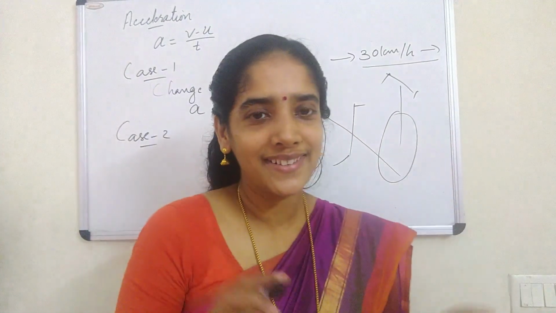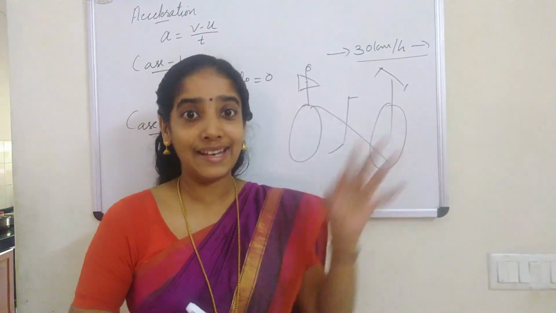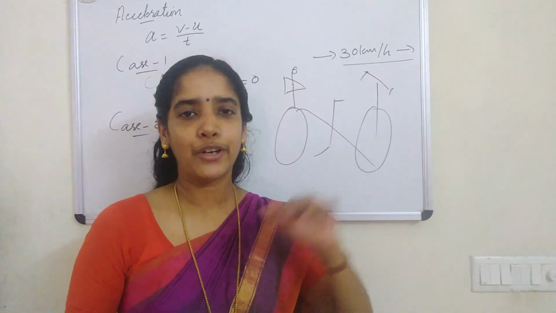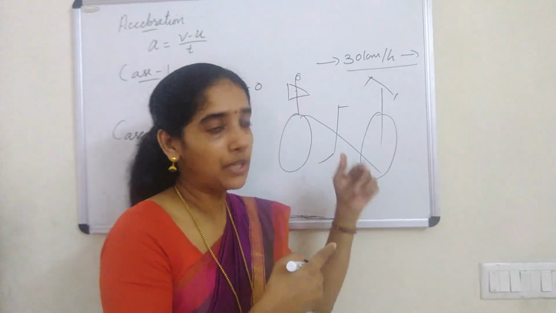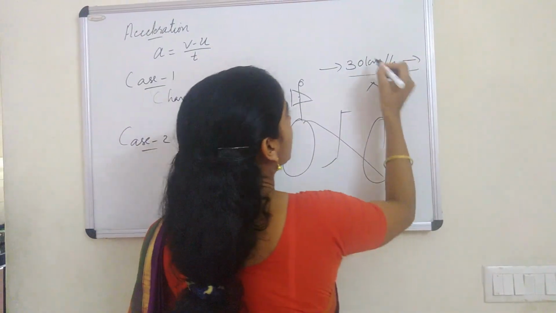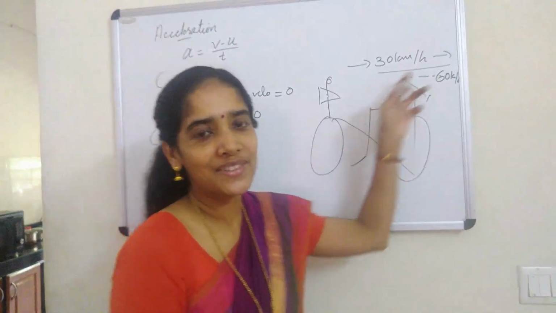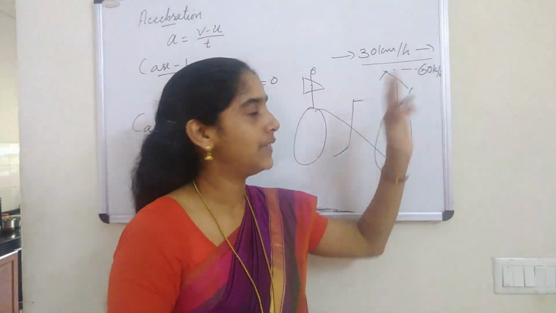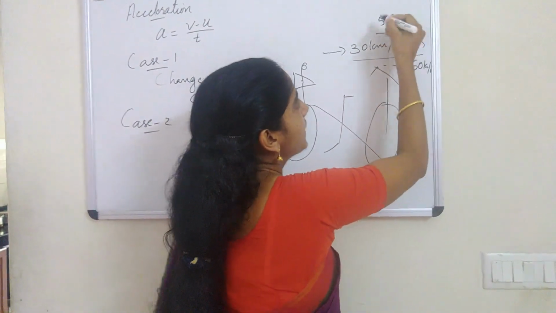Okay. Now imagine a different situation. You are riding a bicycle to school, but you are going for an exam and you are very late, right? Suppose in 2 minutes you have to reach the school and you are quite far from it. Just imagine. So what will you do? You pedal very fast. You have to increase your velocity. Suppose you were at 30 and now you are increasing the velocity to 60 km per hour. Do you like to ride at this speed in a cycle? So the velocity was 30 and now the velocity becomes 60. Imagine that for this change you took a time of 5 seconds.